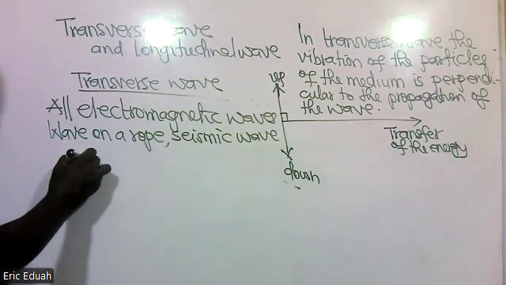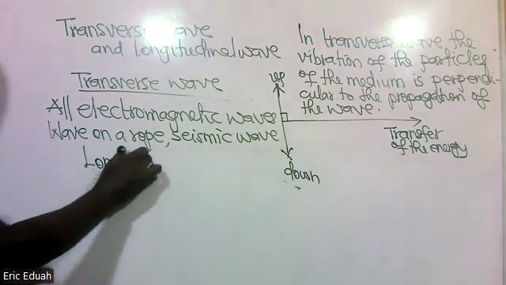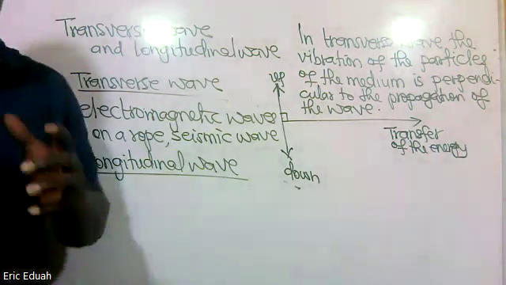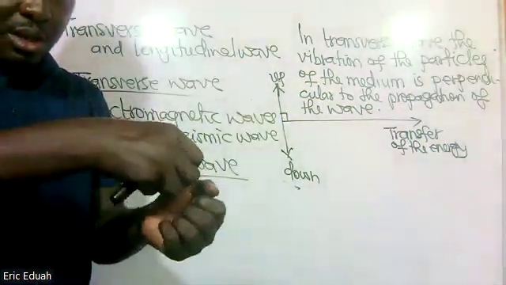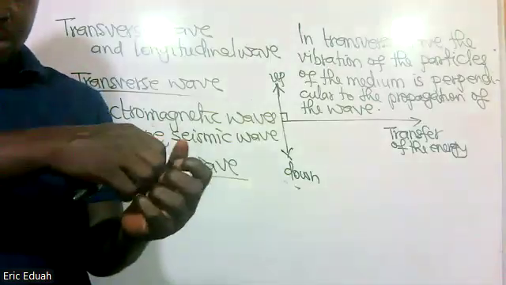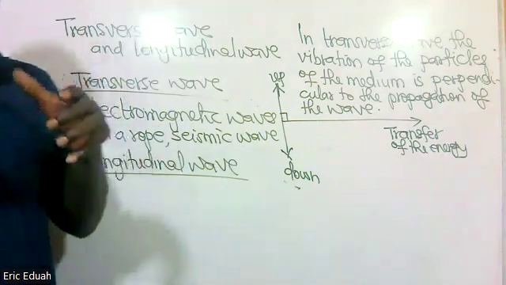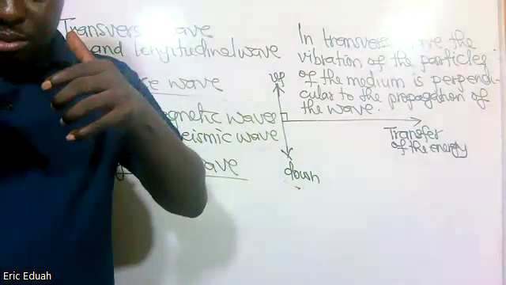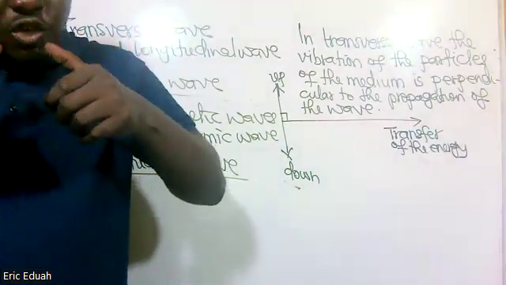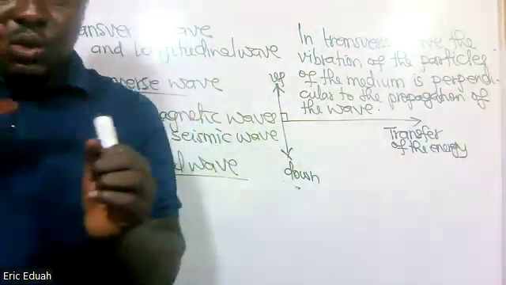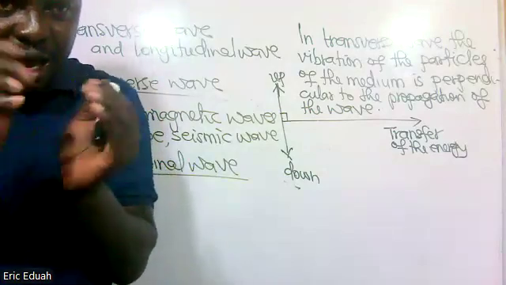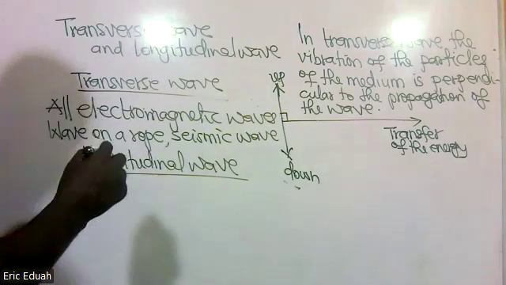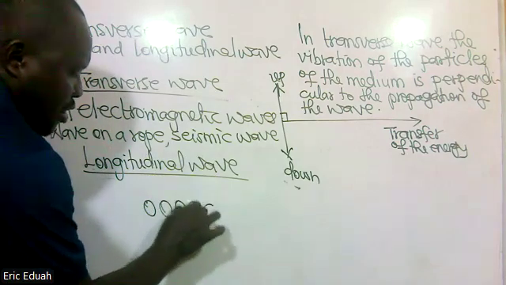Now, the other one, which is longitudinal wave. As for longitudinal waves, a typical example is this. Whenever you open a syringe, pull the plunger out, and then you exert pressure just to close the volume, or you exert force on the plunger, you create a longitudinal wave with the air trapped within the syringe. So what happens in this particular kind of wave is that we have the particles of the medium